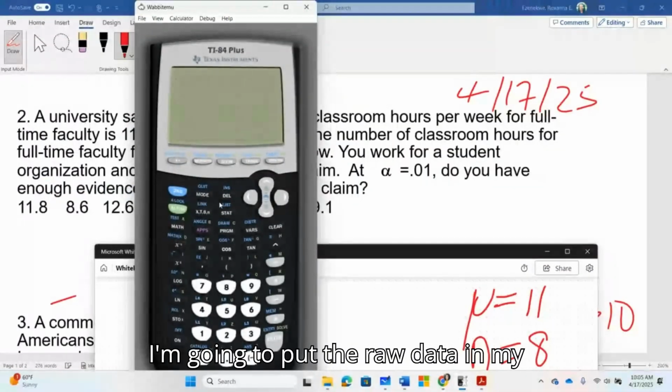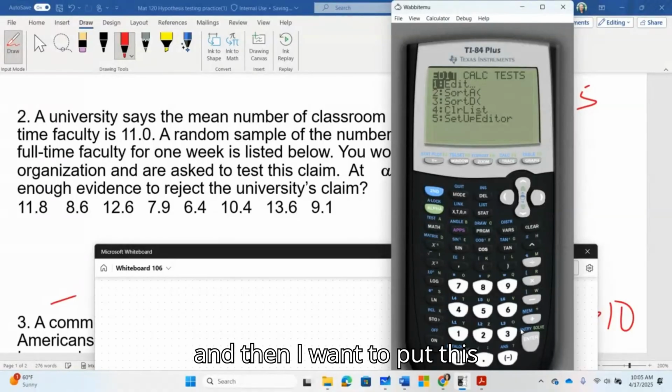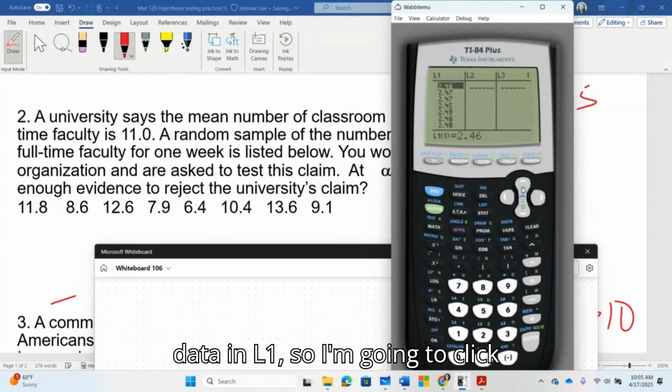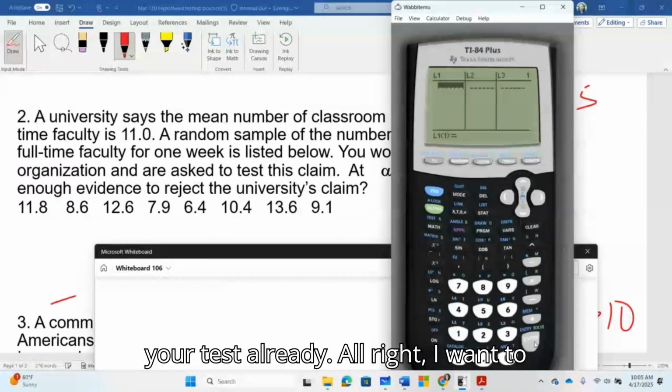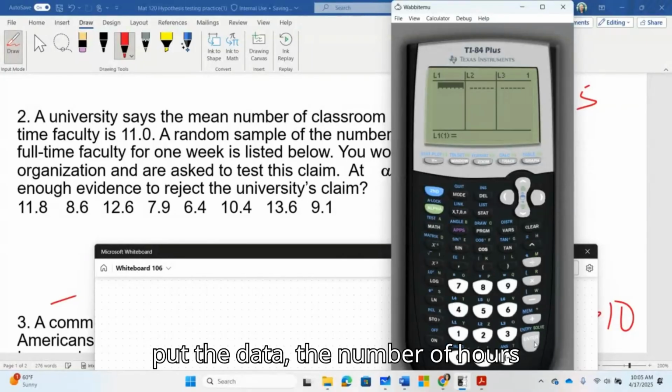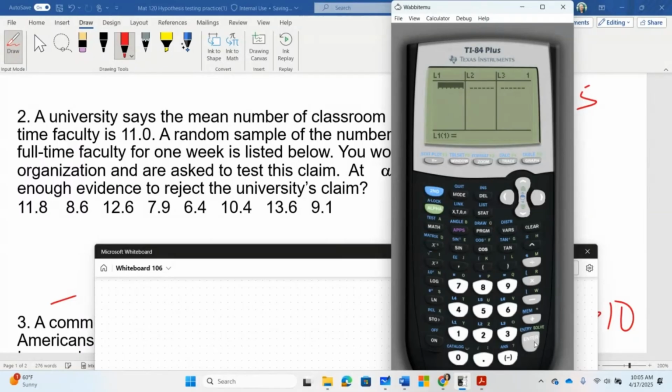So I'm going to put the raw data in my calculator, in L1. I'm going to clear, enter. This kind of question will be in your test already. I want to put the number of hours taught by these 8 professors in L1. So 11.8, 8.6, 12.6, 7.6, 6.4, 10.4, 13.6,